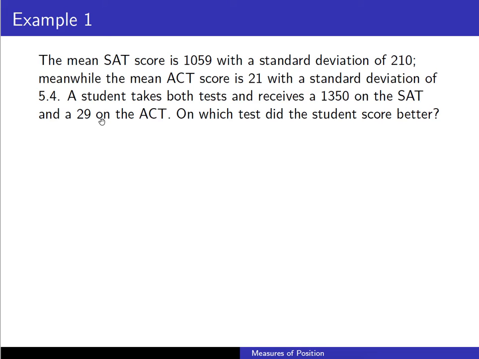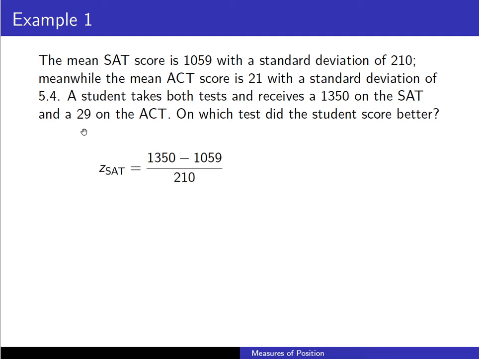And we mean in terms of scoring better relative to the other students taking that exact same test. First of all, it wouldn't be fair to just compare the 1350 they got on the SAT with the 29 that they got on the ACT. Even though 1350 is much, much larger than 29, these are on two different scales. I believe the SAT is 400 to 1600, and the ACT goes up to 36. So in order to determine which test the student scored better on relative to other test takers, we're going to calculate the z-score of the SAT score that they got and the z-score of the ACT score that they got,